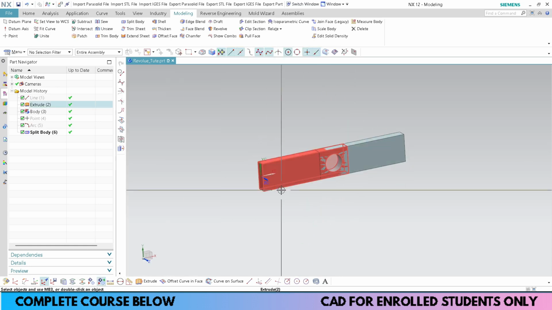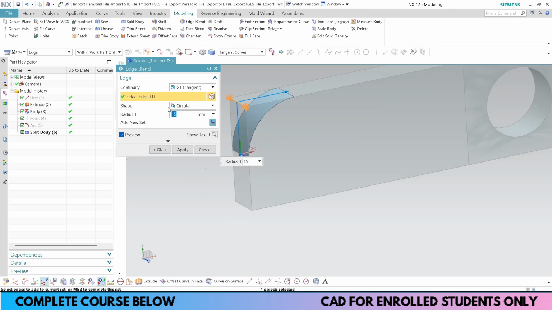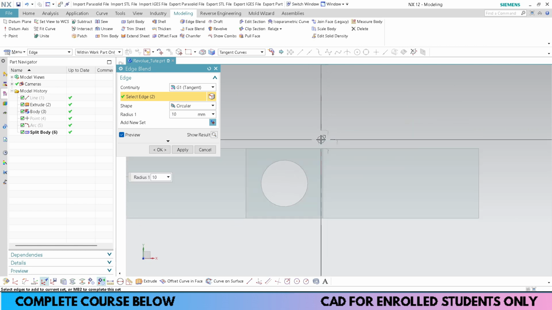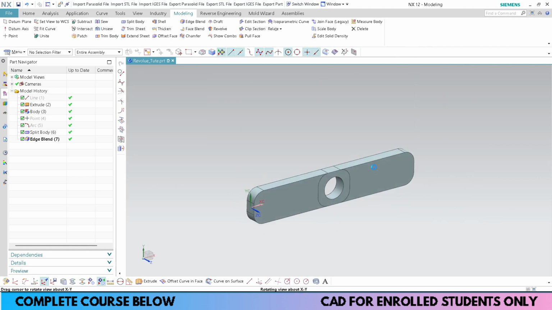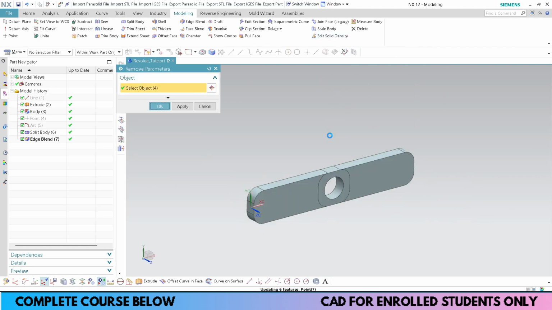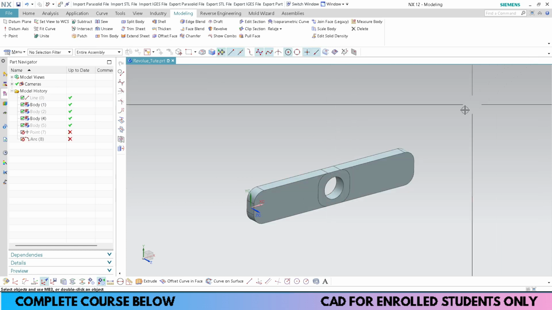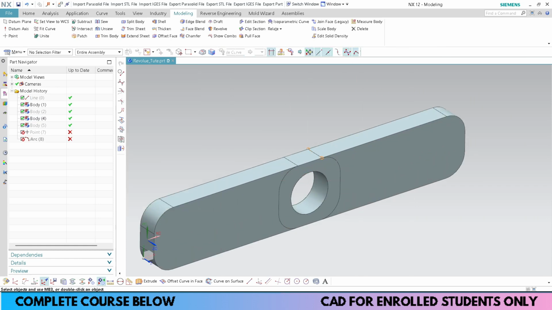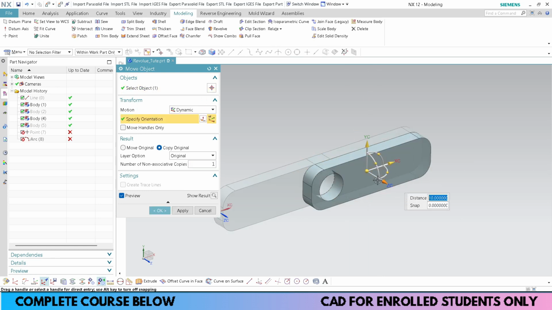I'll come to this, and for aesthetic reasons, I'll create a radius here. 10 would be fine, although it is not necessary, but no problem doing this. Okay, now I'll remove the parameters here, and since we want my link to rotate, I'll move this body in front of each other. Move object, distance is 10.